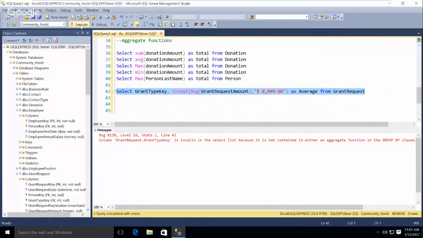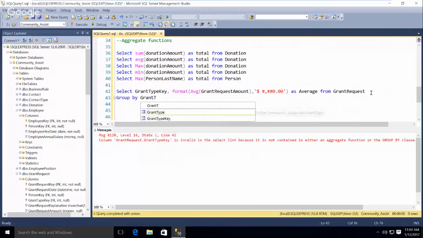It's operating on multiple rows. You can't have the two together. So the way that you deal with this is there's a clause that you can add to your query, which is group by. So I could group by the grant type key, and the effect of that, it'll create groups in the average.